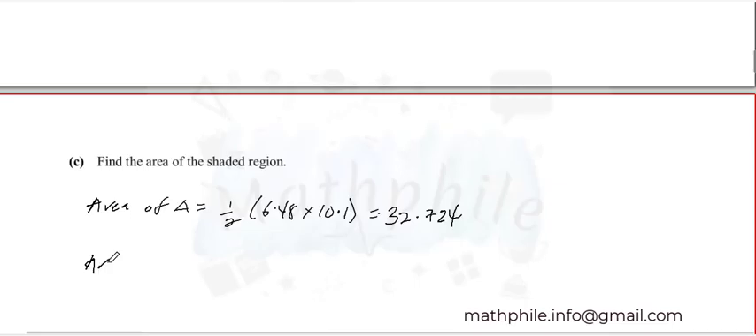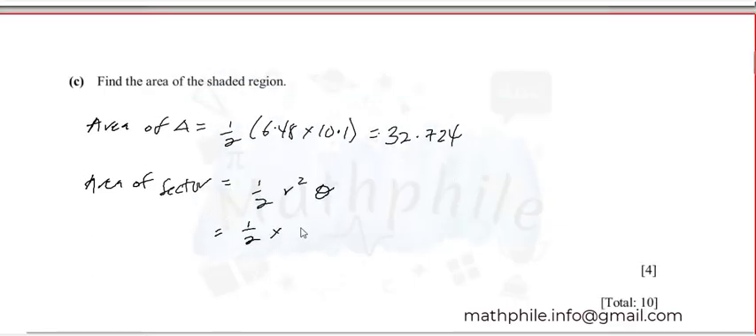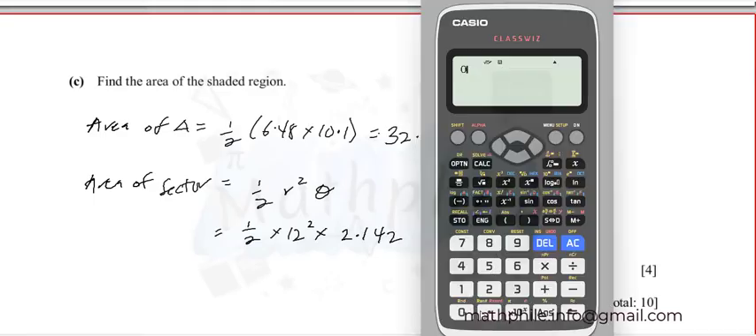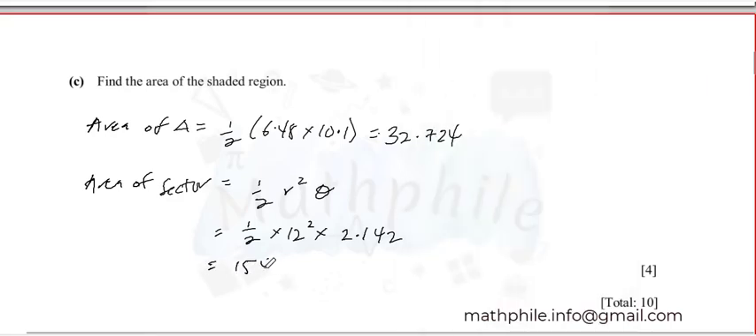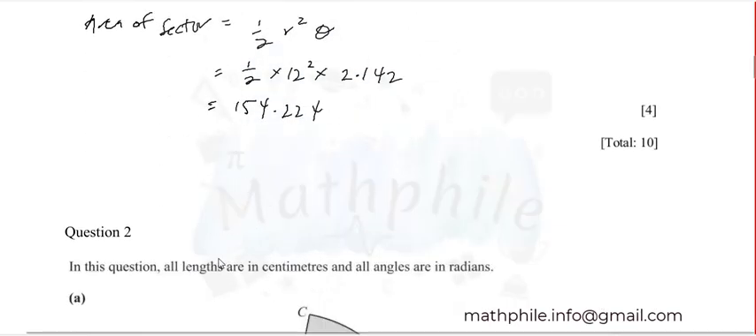Then area of a sector is equal to 1/2 r squared theta, and we've got the r already, so this is basically 1/2 times r squared, which is going to be 12 squared, and the theta we calculated it to be 2.142. So let's do that one, 0.5 multiplying 144 times 2.142, and that gives us 154.224. Then the area of the shaded region